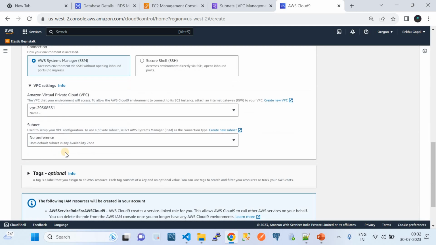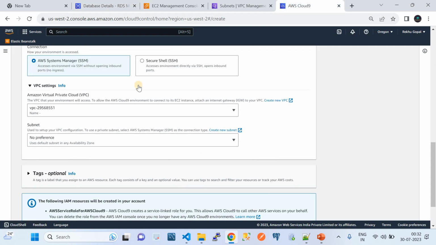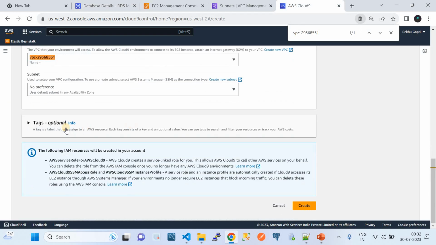And then go to the VPC settings. Here I'm using the same VPC where my RDS is sitting. Make a note, I'm using the same VPC where my RDS is sitting, right? So if I go to the VPC, this is my VPC, and if I go to the Cloud9 and try to find it, this is the VPC I'm using. And for the tags, I'm not going to create any tags,